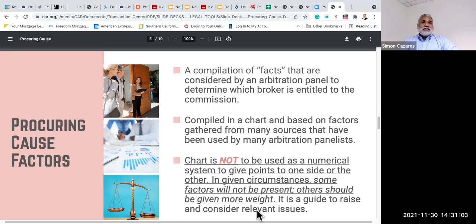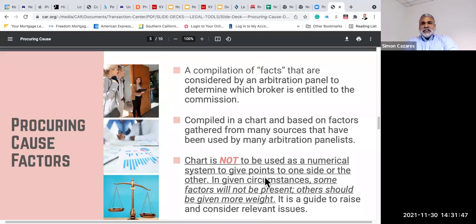Okay. Once the cross-examination is done, then it's what we call your final statement. After all the elements of your opening argument, your cross-examination, and then your final statement on why you're entitled to a commission, that is given to all parties to do their final. And then within 20 to 40 hours, depending on how many cases they have, you'll get a response either via email or a letter on who the winning party is. So that kind of goes through the chain of how an arbitration happens.